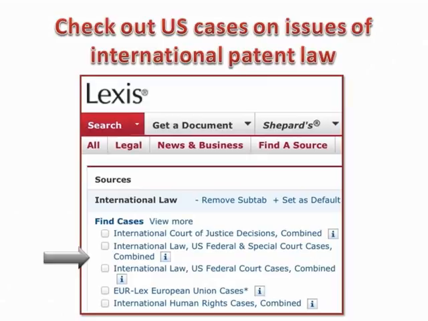and courts you might not suspect: the Court of Customs and Patent Appeals, the Court of International Trade, the Customs Court, the Claims Court, the Court of Claims, and the U.S. Tax Court. If you want to branch out, as you would think that we would do here, and look at the larger holdings of Lexis in terms of international cases, now leaving domestic U.S. cases, you need to click further on this Find Cases, View More menu,